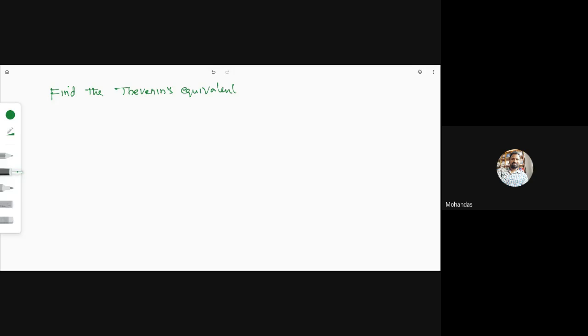Thevenin's equivalent circuit means V Thevenin in series with R Thevenin. Find the equivalent circuit for the network shown below,